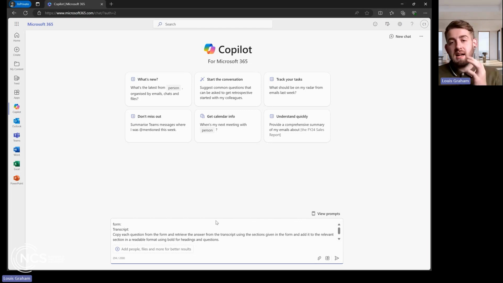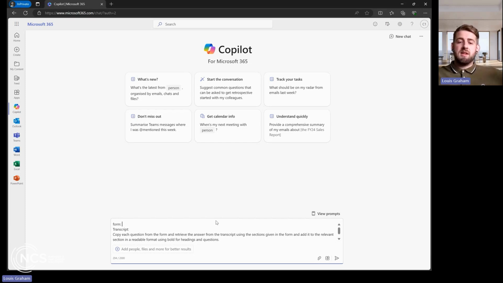I'm sure everyone here has a form that they may need to fill out, and they need to extract information in a different format. And that's what I'm going to show you here. So rather than someone sat there within a Teams meeting, with a form on the side, asking questions and then writing down the answers on the form, and having to copy and paste it over, with this, as long as the team is recorded and transcribed,